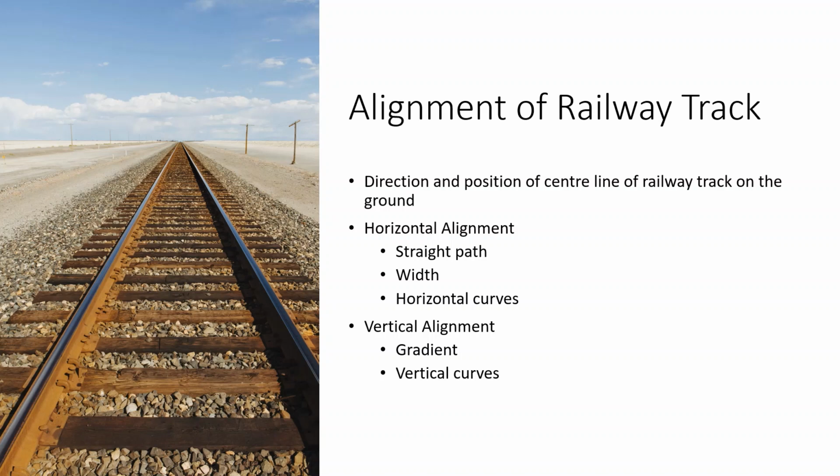So why is it important? A new railway track should be aligned very carefully, as improper alignment would result either in the capital loss in initial cost of construction, or it may lead to a recurring loss in the maintenance, and if the alignment is not proper, it will result in the increased vehicle operating cost. So we have to do the alignment very carefully.